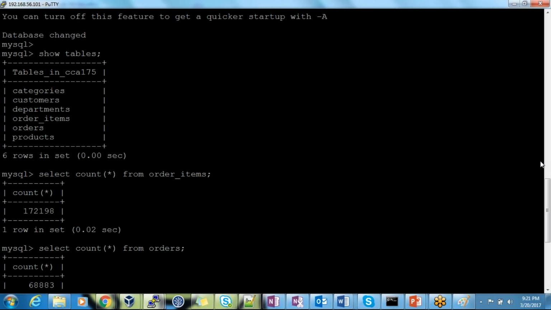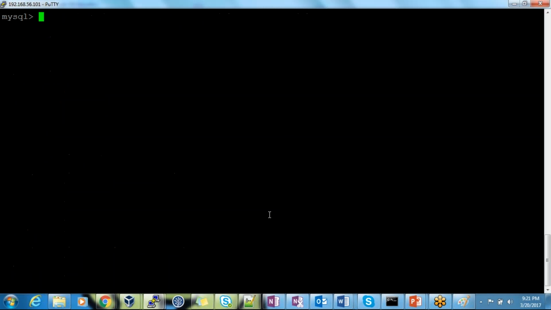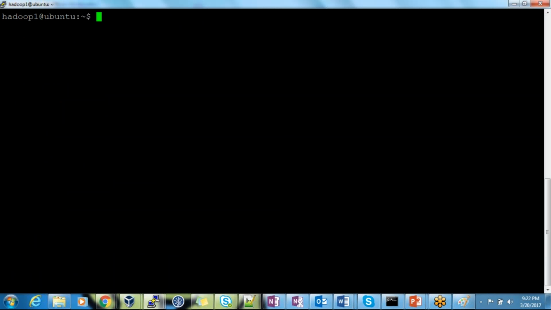So to import the data or to learn or to do hands-on, we need some database, right? Without having any database, we cannot do anything, no? So we need some database. That database, I made it ready now. Now what I need to do, I need to go ahead and execute the Sqoop commands. So as I showed before, Sqoop has come up with the default tools, or I can say